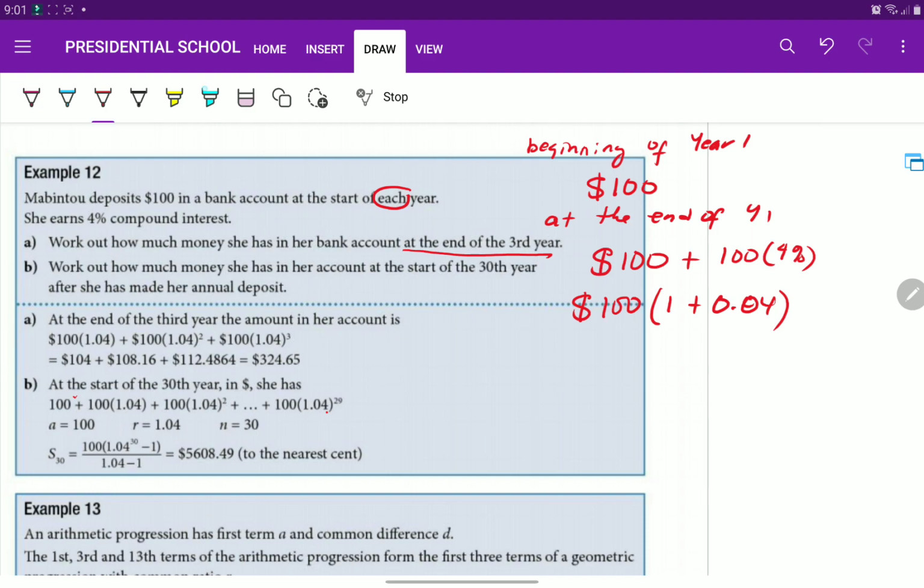Let me just clarify, this is the money at the end of year 1. However, at the beginning of year 2,